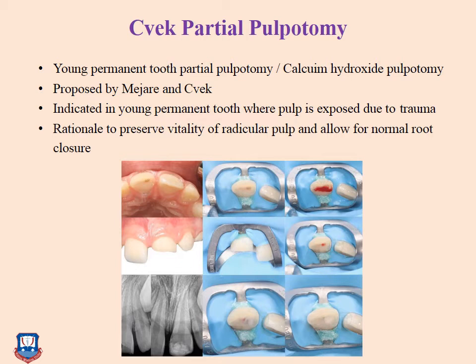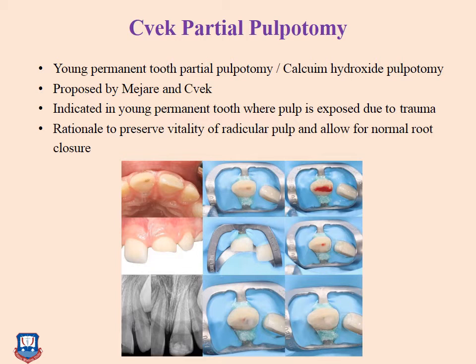So the next we have is Cvek partial pulpotomy. This is done in young permanent teeth. A young permanent tooth is a tooth in which the apex has not closed and it is a permanent tooth. It's also called the calcium hydroxide pulpotomy. It was proposed by Majara and Cvek and it is indicated in young permanent teeth where the pulp is